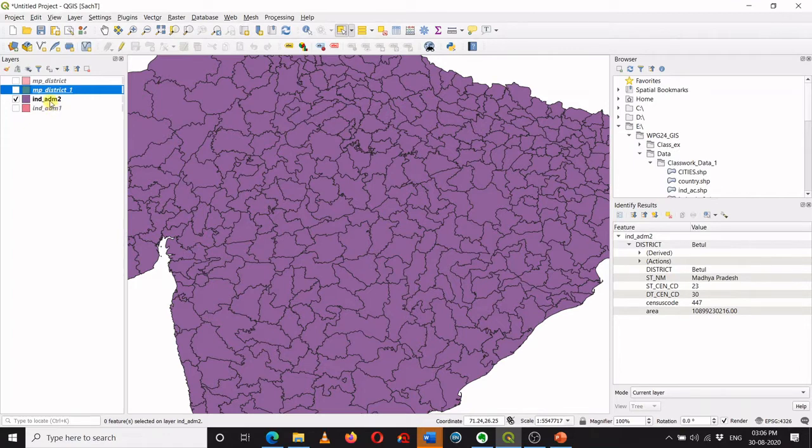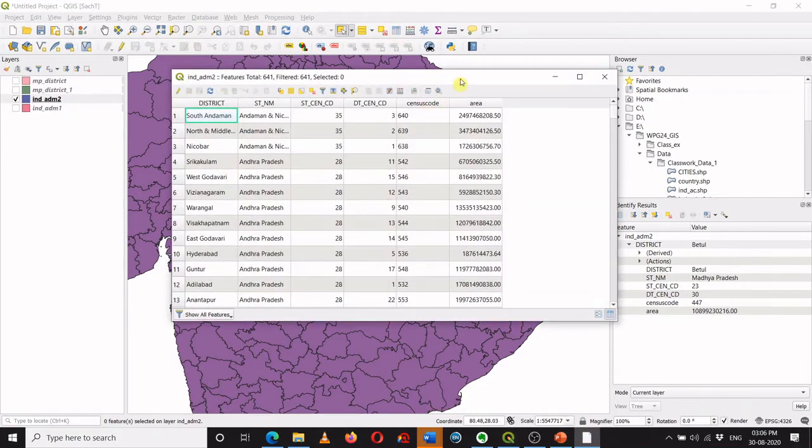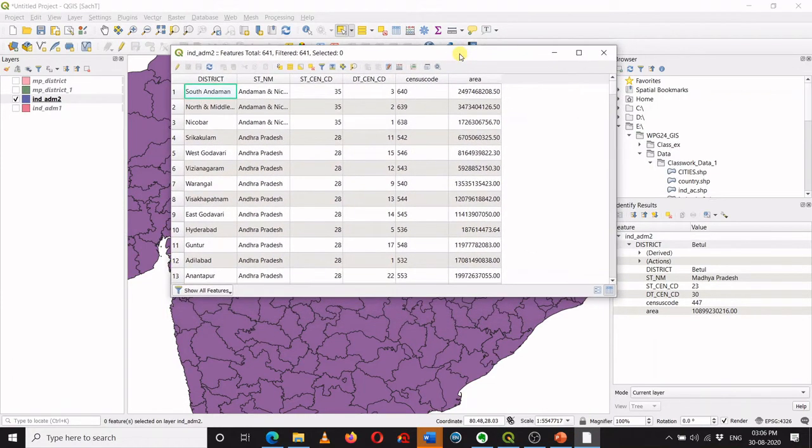So there is one more way of doing the same thing. What I can do, I will again open an attribute table over here, and I will use an option called select features using an expression, which is over here.